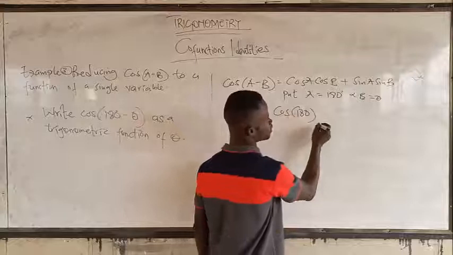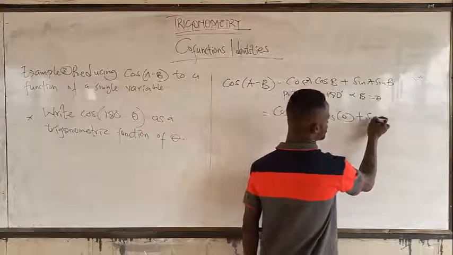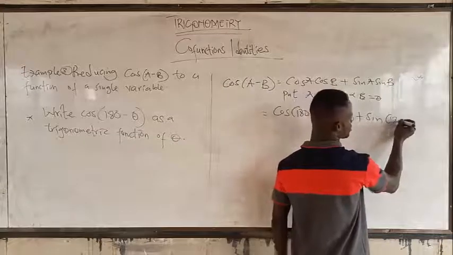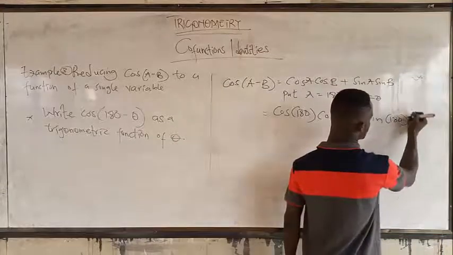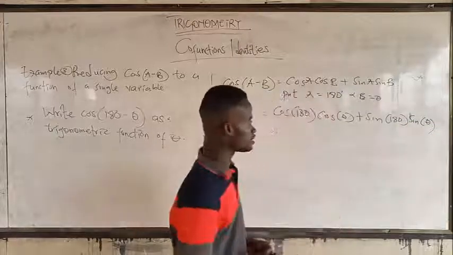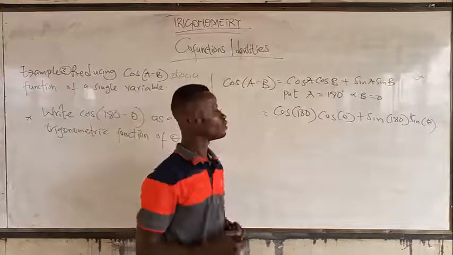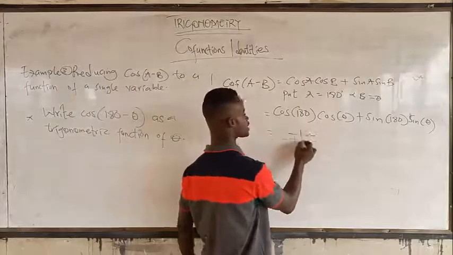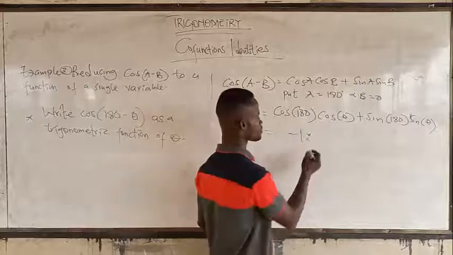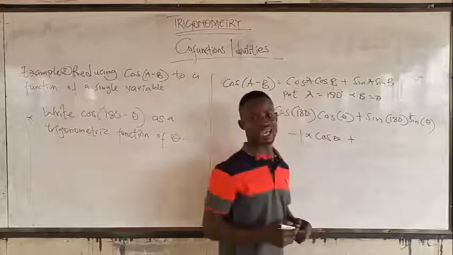So cos 180 cos theta plus sin 180 sin theta. Let's move on. Now, we know that cos 180 is negative 1 times cos theta plus